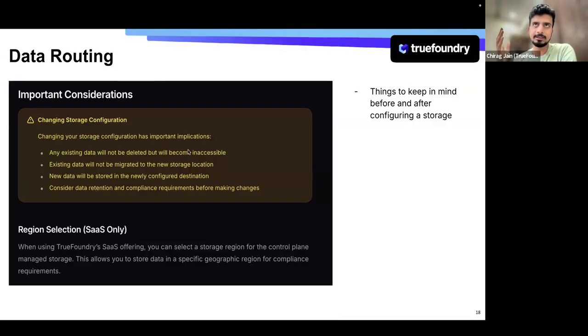so you should keep in mind, changing a storage location for a particular rule is allowed, but that comes with a few implications. Your existing data on the object store will not be deleted, but it will become inaccessible via the APIs, because you're essentially saying that the destination now points to a different bucket. And your existing data from that bucket will also not be automatically migrated to the new location. So if you're changing this, know these things ahead of time, and most likely these things do not need changing